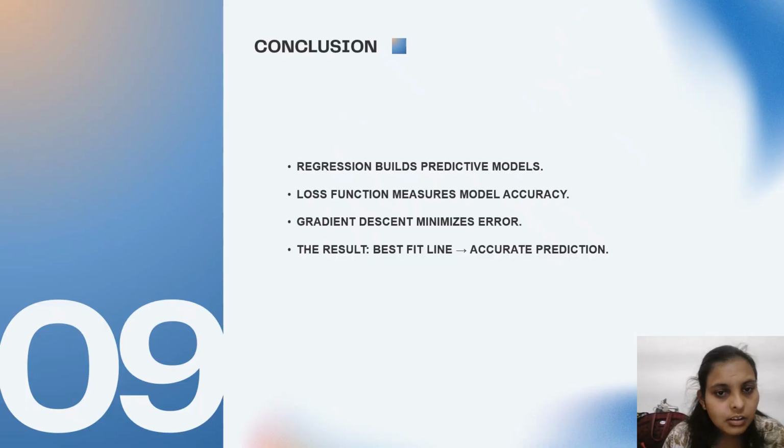Then calculate the partial derivative of the cost function with respect to m. Let the partial derivative of the cost function with respect to m be dm. With a little change in m, how much does the cost function change? The gradient descent algorithm gives optimum values of m and c of the linear regression equation. With these values of m and c, we will get the equation of the best fit line and be ready to